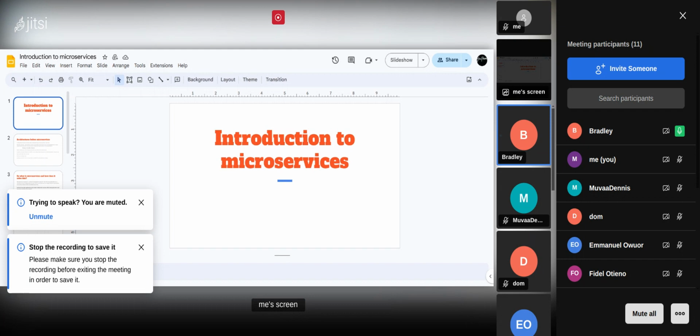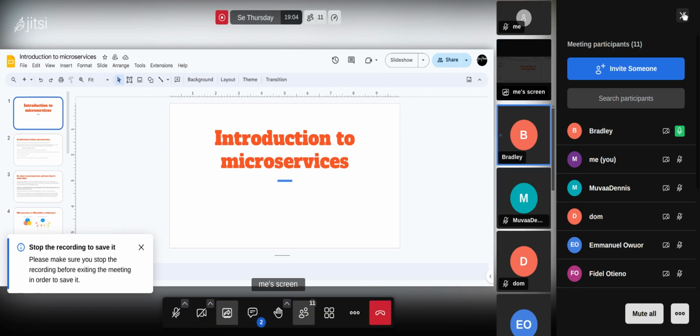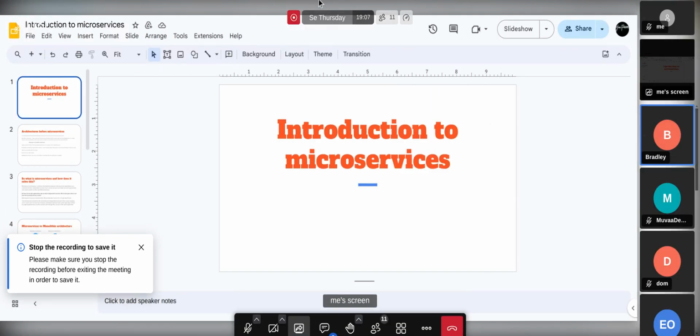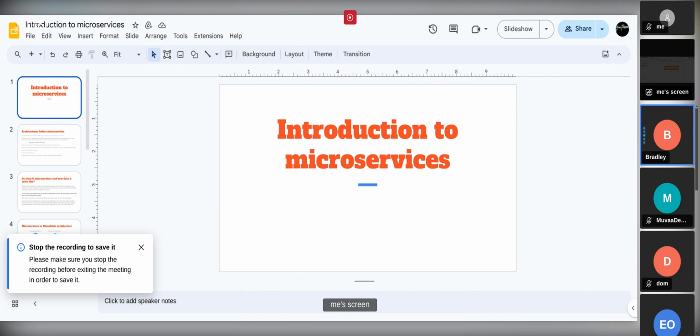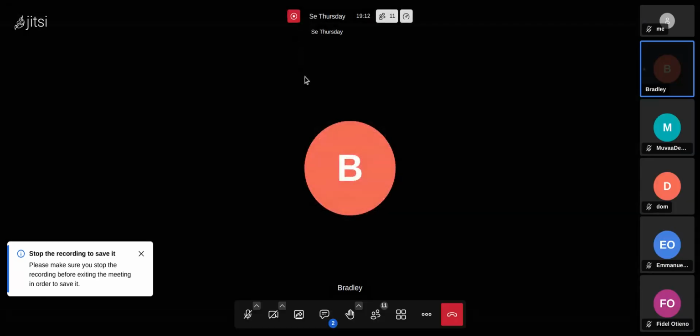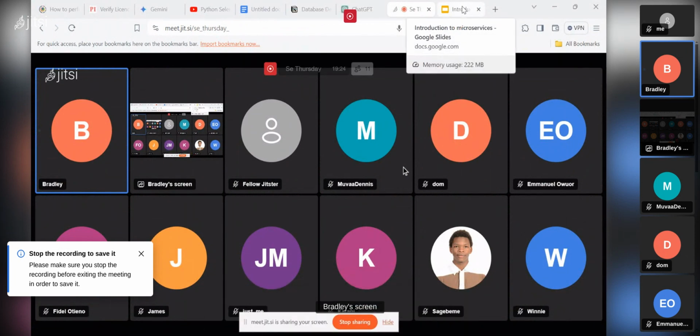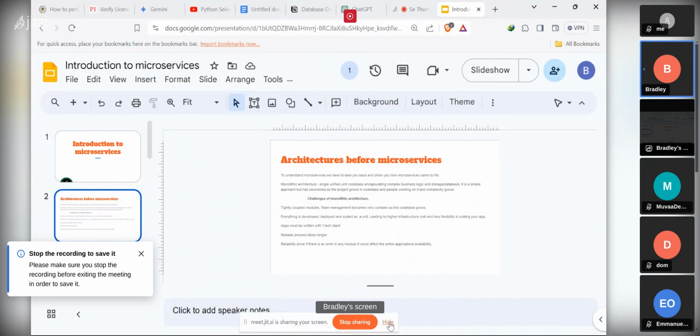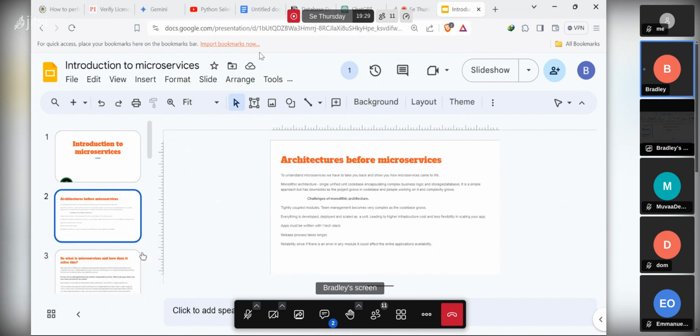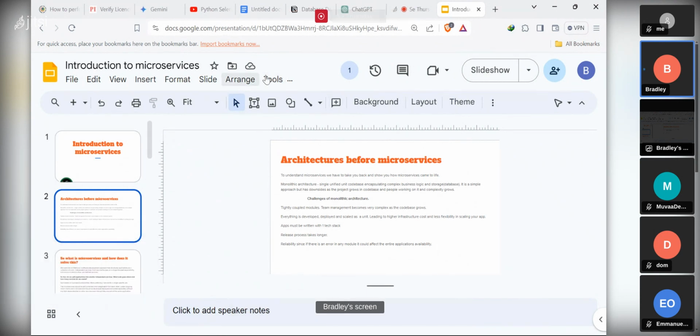So let's start this session about microservices. Just give me a minute so that I can share the Google slide presentation, and hopefully we can start from there. Okay, so let me start sharing my screen, entire screen. Okay. I believe everyone can see my screen, right? Guys, so I don't know how to.